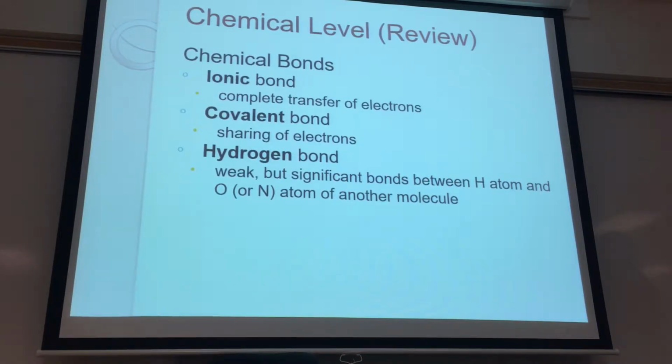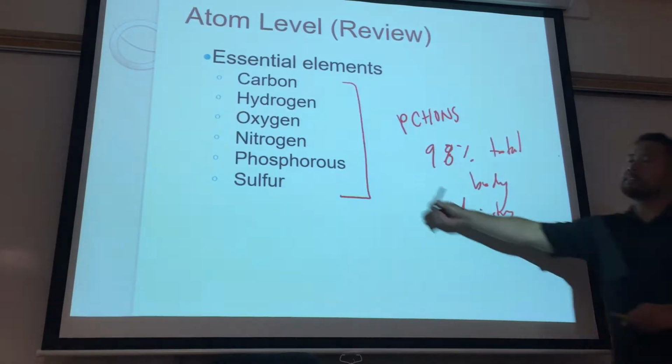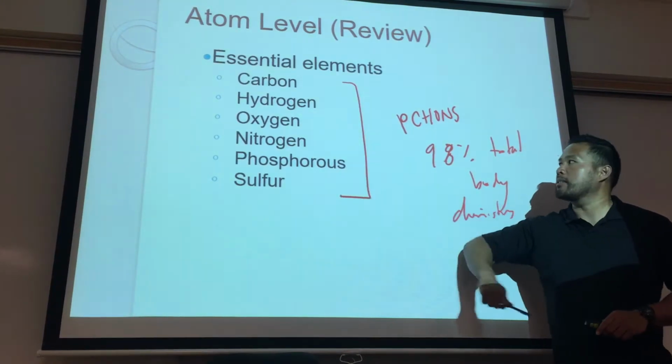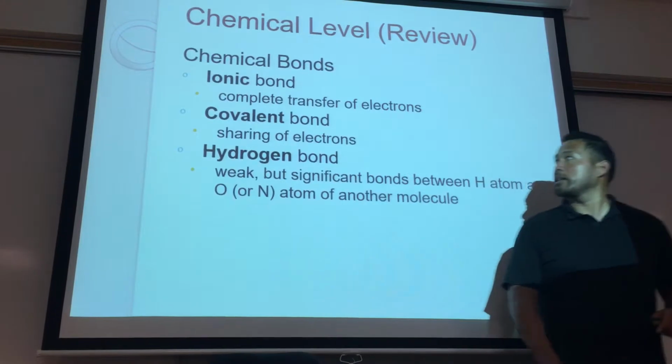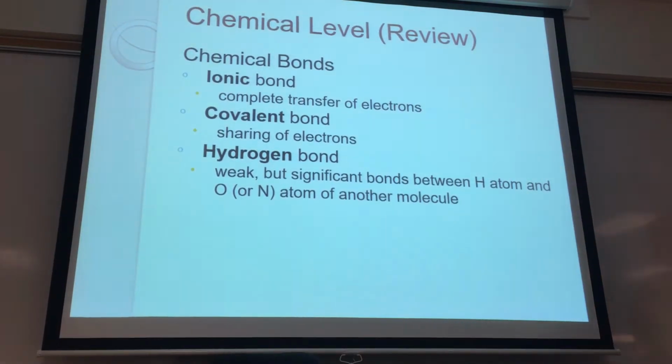We'll go into the different bonds that hold these atoms together. So we take that carbon and we want to attach it to a hydrogen. So we're going to go into the different types of bonds that will hold that together. And again, we'll talk about the three main ones: ionic bond, covalent bond, and the hydrogen bond. And that's going to start that connection where we hold those elements together, we hold those atoms together, and we